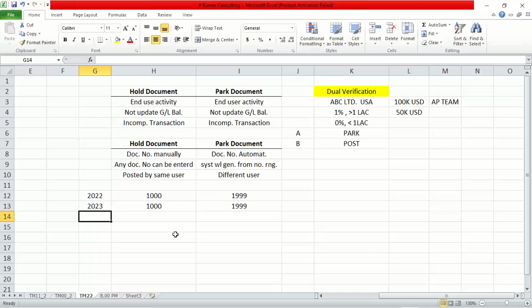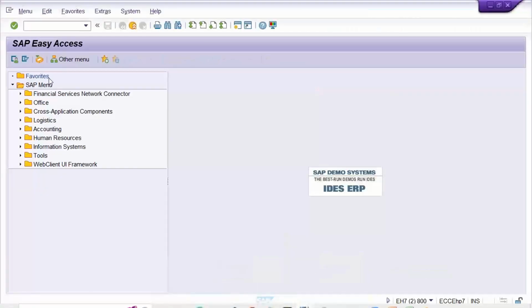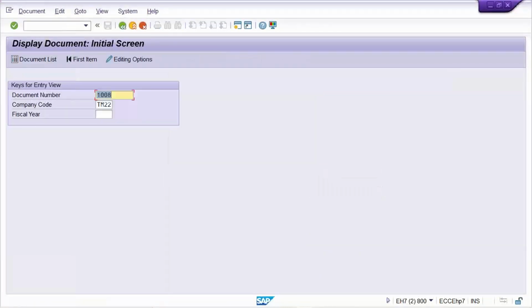So whenever you are going to search, now the question is that in 2022, let's suppose document number 1005, in 2023 also document number 1005. So will there be a confusion? There won't be any confusion. If you have to check, let's suppose document number 1007 was already posted, you can check that document by FP03. Whenever you check a document, guys, let's suppose 1007,